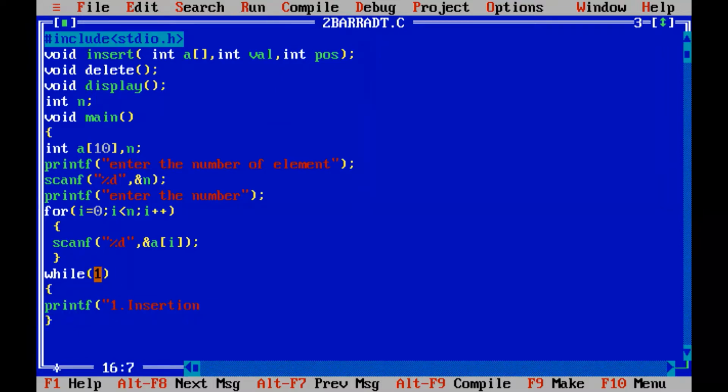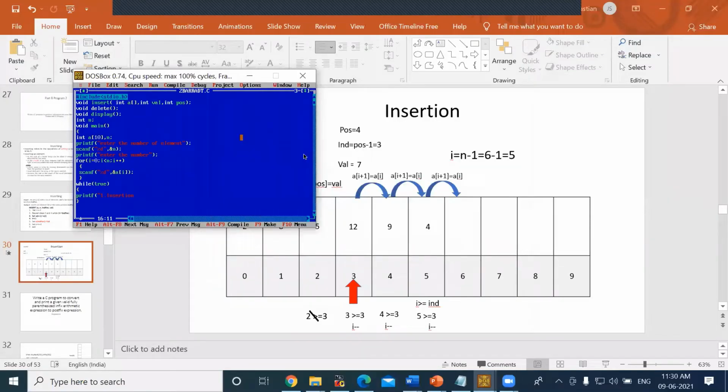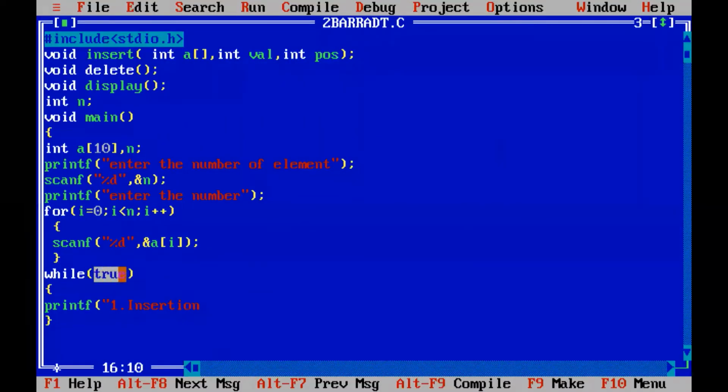Now, if I give 1, that means the condition is true. 1 indicates true. So directly, we are passing the result as true. 1 is taken as true. So if you give some condition also, whether 1 is equal to 1, that means it will be returning true. Any arithmetic expression or any relational expression you can give, which will be returning true, right? But now I directly gave the condition. If I'm giving 1, it is always taken as true. Got it?